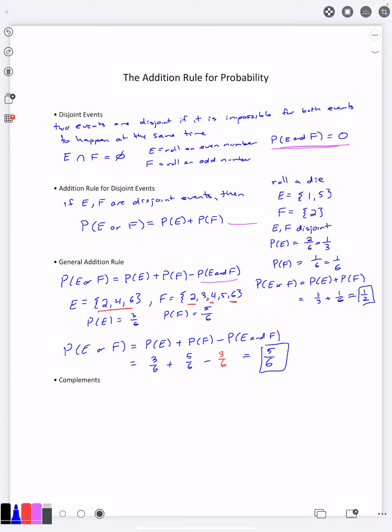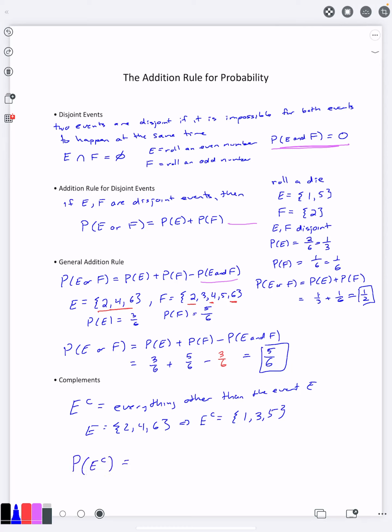One is this idea of complements. So the complement of an event is everything other than the event. So in the case where E was rolling an even number, E complement is everything other than rolling an even, so that'd be 1, 3, and 5. And we can use a kind of a version of the general addition rule to get what's called the complement rule. And this is just going to tell us that the probability of the complement is 1 minus the probability